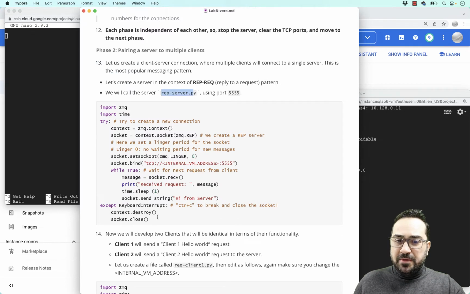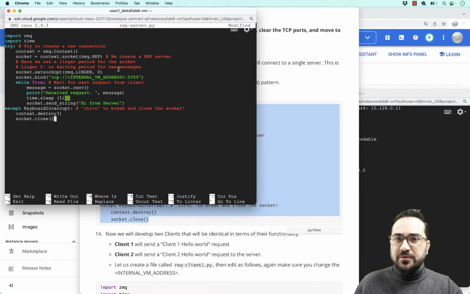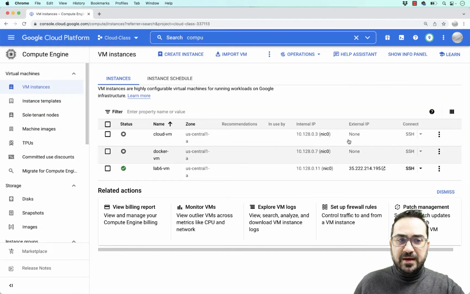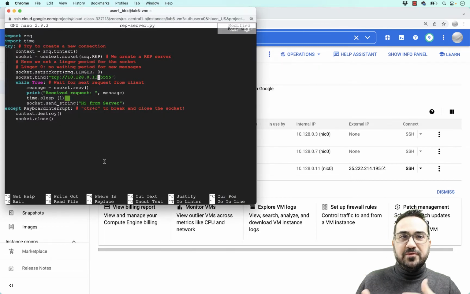Here I will copy the code again one more time, and I will go through the code in a second, but the only thing I have to do is make sure you update your internal VM address. One more time I have to do this manually, so delete this one and just add this internal address here. If you like, you can keep a copy of this address somewhere in a text pad, so you don't have to go always back to your GCP and take it from there.